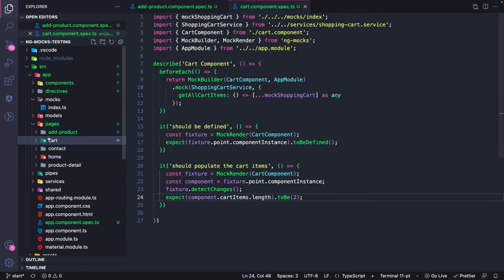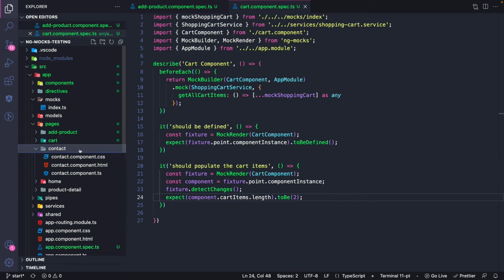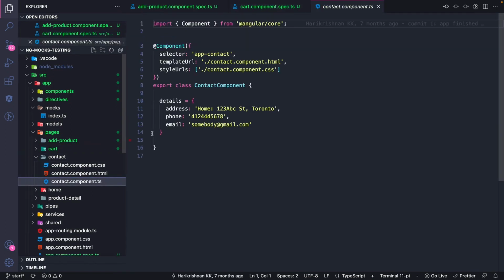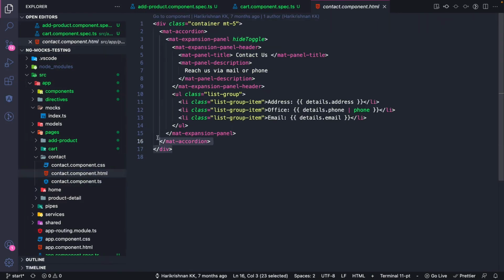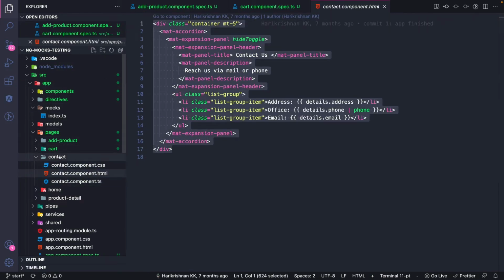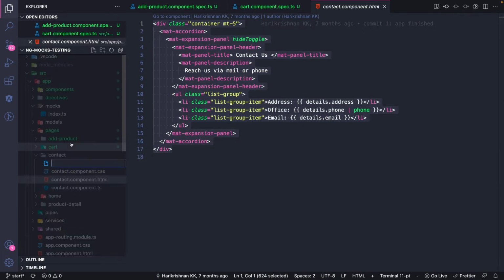Moving on to the next component to be tested, which is the contact component. And I believe this should be the simplest component to be tested in the application, because all we have is just one property here called details. And the HTML is also pretty simple. So let's add in the spec file